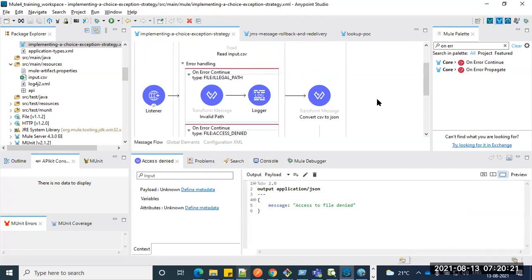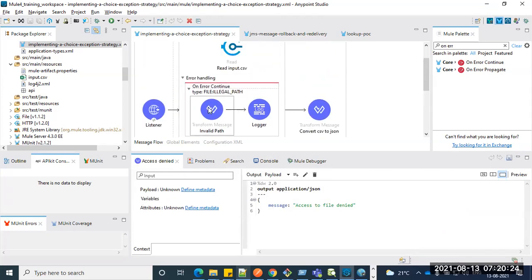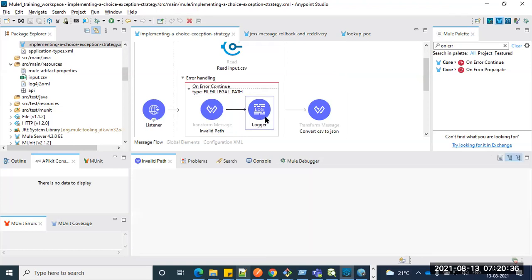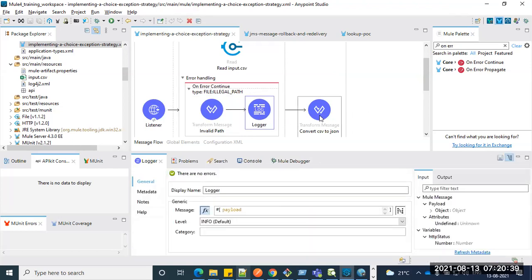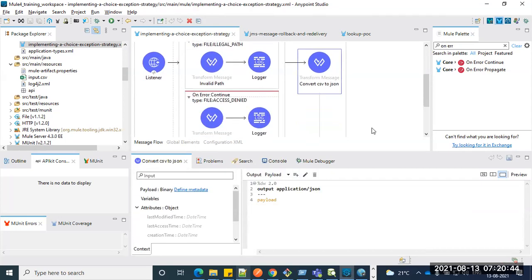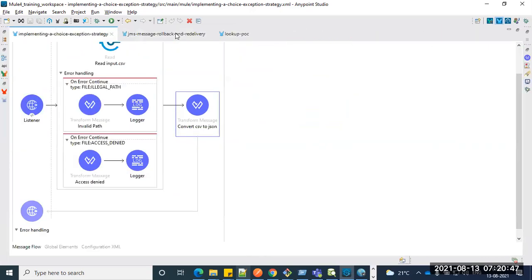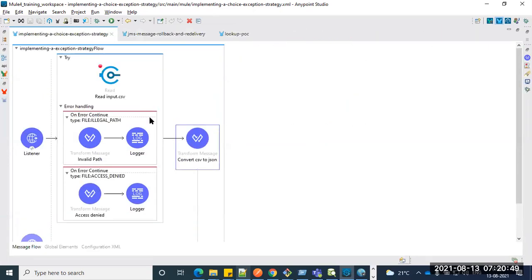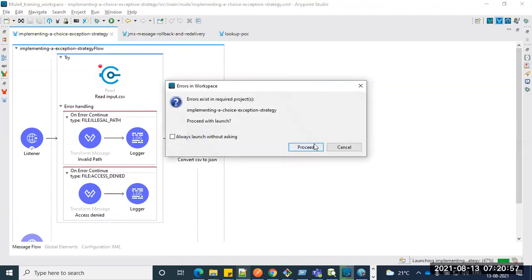So what I'm trying to do is get an illegal path, so obviously it should come here. Here I just put a sample transformation with a hard-coded one, because your path is invalid. Then it will jump into the logger, convert into JSON, and display it. So let's try to deploy it. We'll see step by step what's happening in this particular POC. We've already done this kind of POC, guys. Same thing I'm trying to do. So debug it.